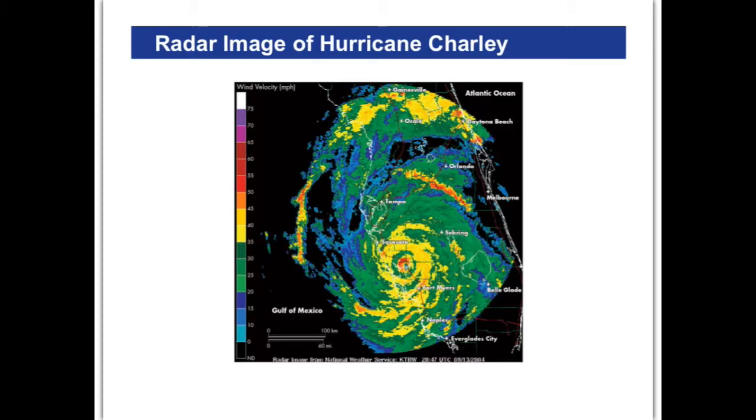Okay, so here's Hurricane Charley in a radar image, or a Doppler radar image. What happens is the radar bounces off of falling rain and it shows us which areas have the strongest falling rain, this red right here and the orange and the yellow, and which areas are weaker. So that's what you might see if you were looking at a Doppler radar image of a certain hurricane.